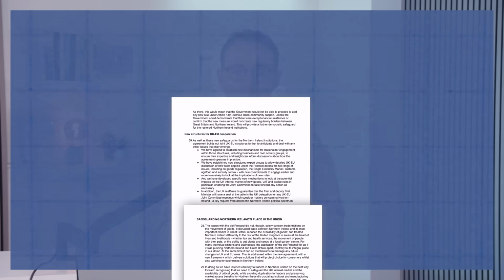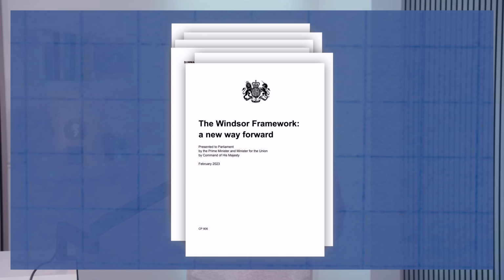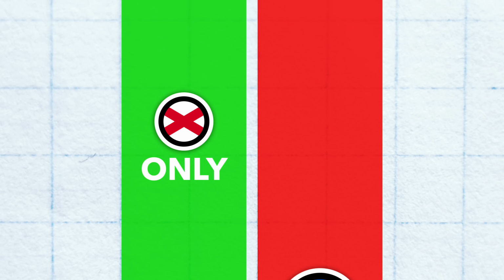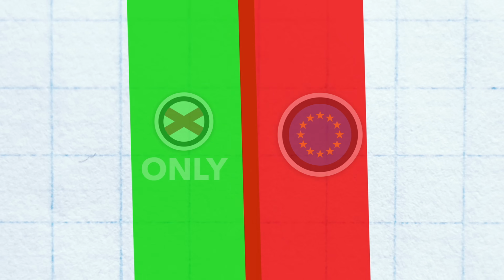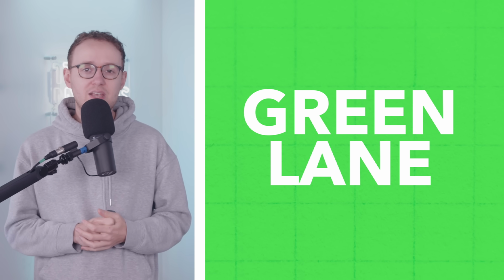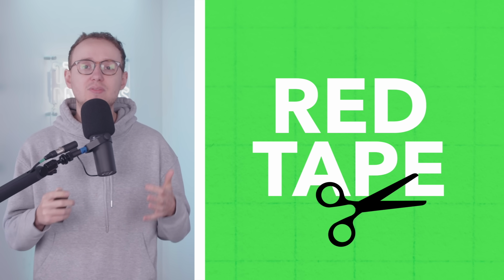Now, this part isn't actually all that new. In fact, it's been government policy since about June of last year. But the Windsor Framework formally means that the flow of goods between Great Britain and Northern Ireland will be split into a green lane, comprising goods destined for Northern Ireland only, and a red lane, goods destined for the EU. For goods in the green lane, all unnecessary red tape will be removed, including the likes of officially signed